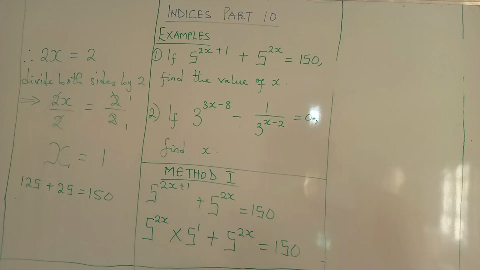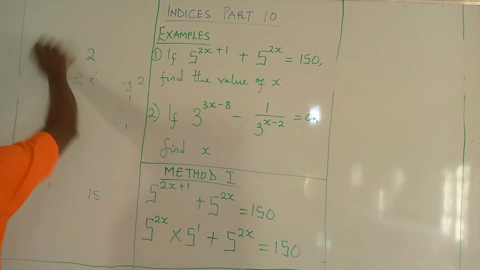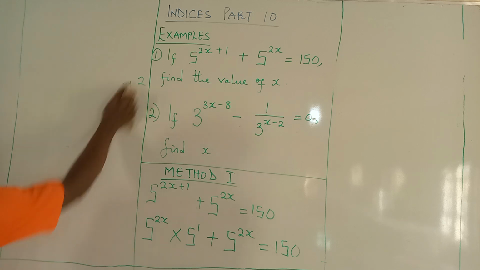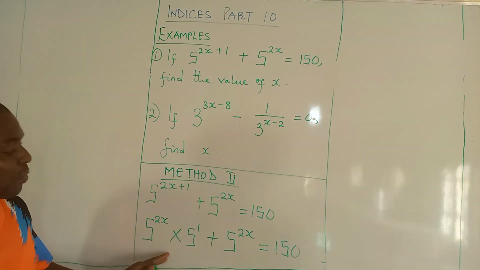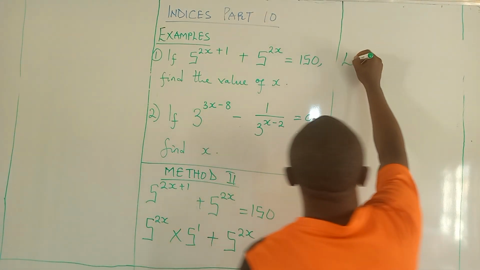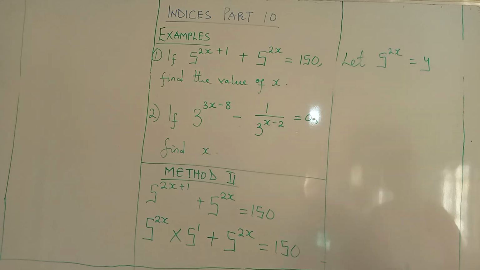Okay, let's see another way we can handle that question. From here, I call that method 2. Now from here I can say let 5 raised to power 2x equals y, which means wherever I see 5 raised to power 2x, I'm going to